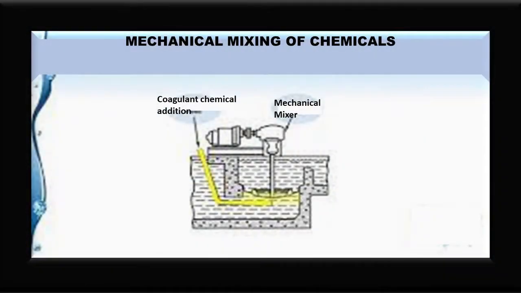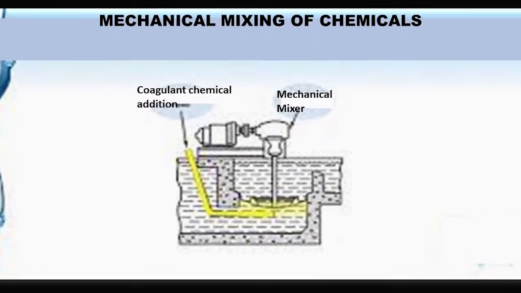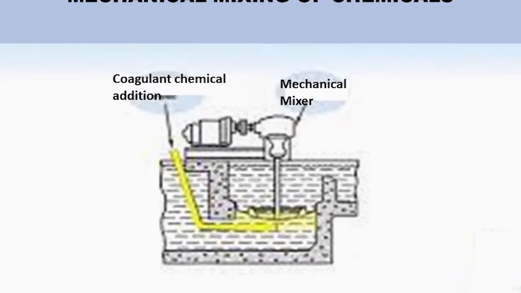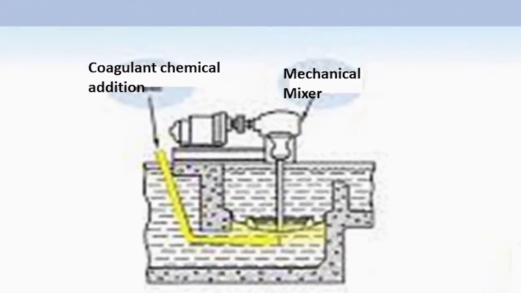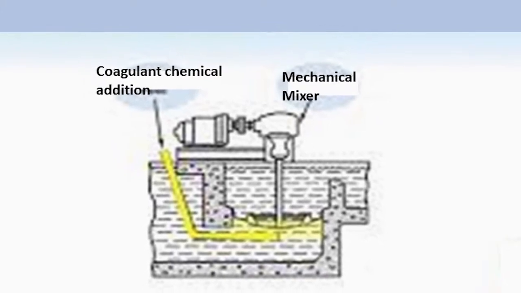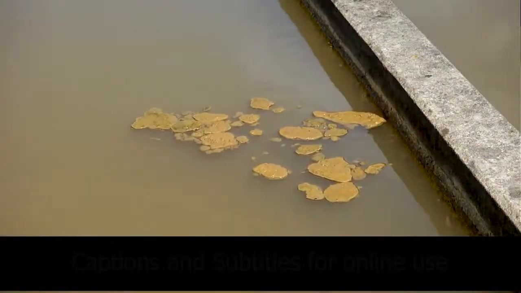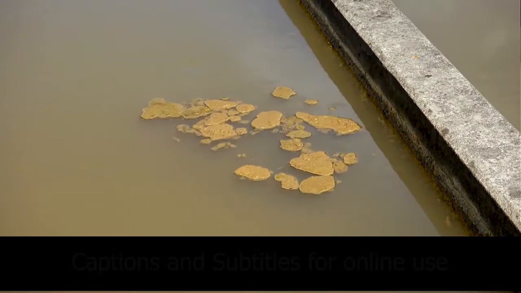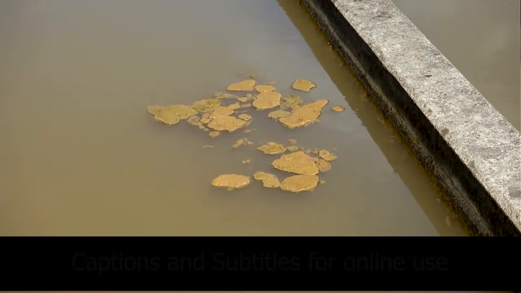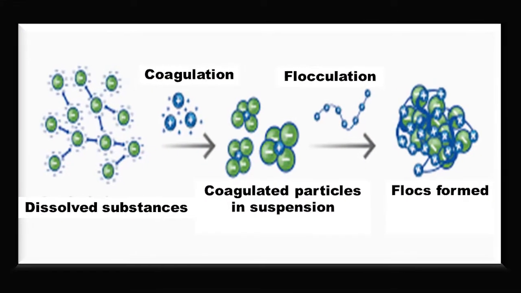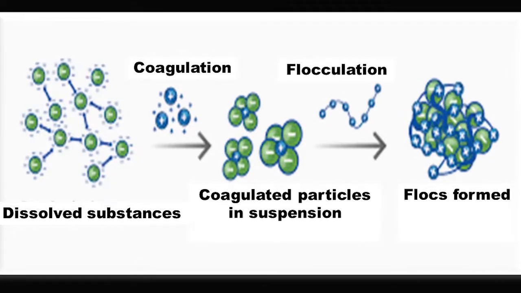Second one is chemical addition. Chemicals like alum, ferrous sulfate, ferric chloride, sodium aluminate, special polymers, etc., called coagulants, are then added in a rapid mix unit to make the suspended particles that are floating in the water clump together to form a heavier and larger gelatinous particle called floc.